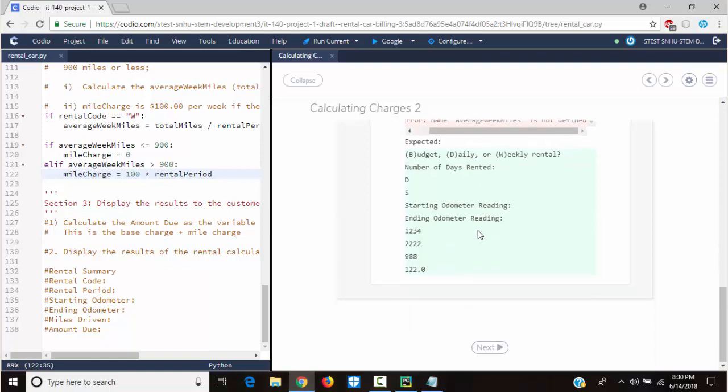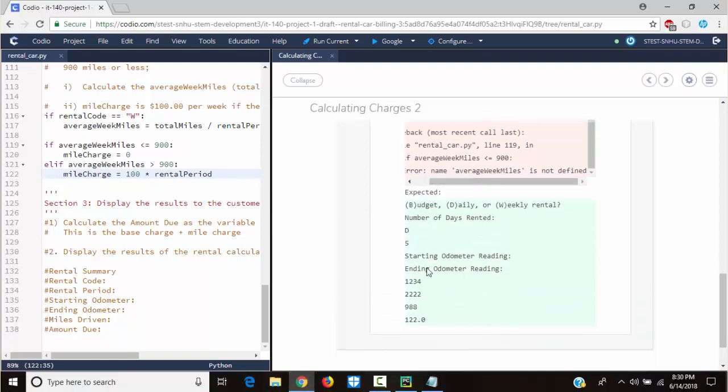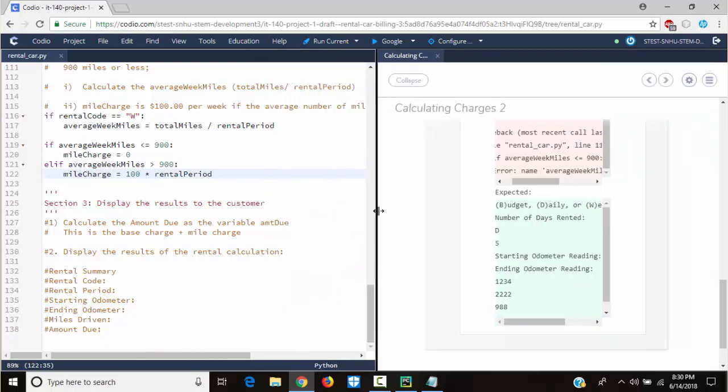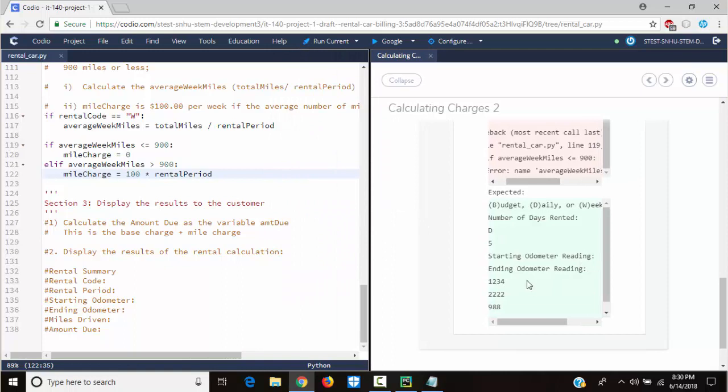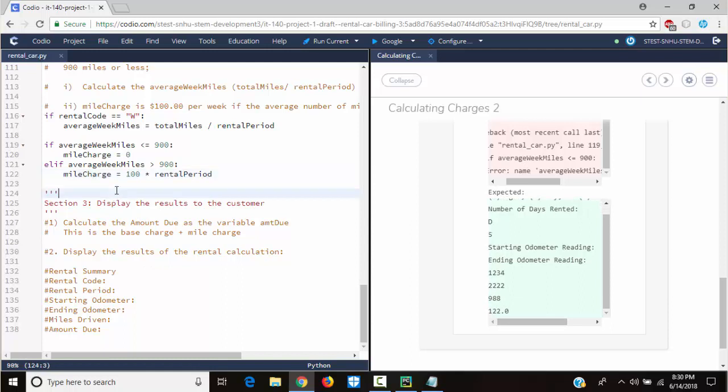Okay, so what do they want actually? They want 122.0. So 122.0 should probably be the mileCharge. They want it for the same input, D5 1234 2222, and then 122.0. Okay, so they want us to print mileCharge.